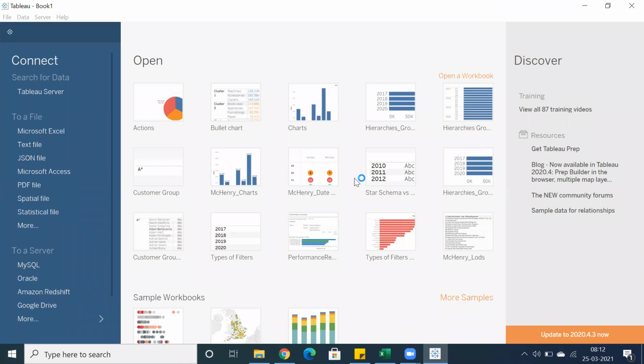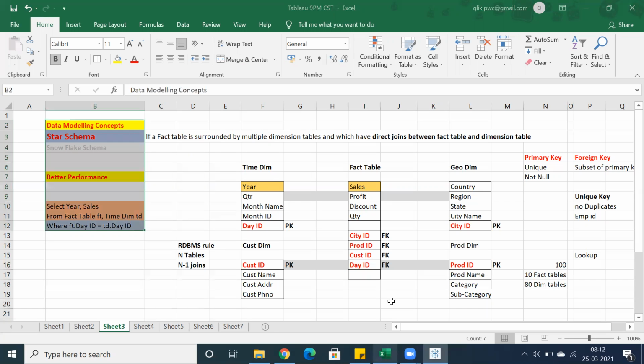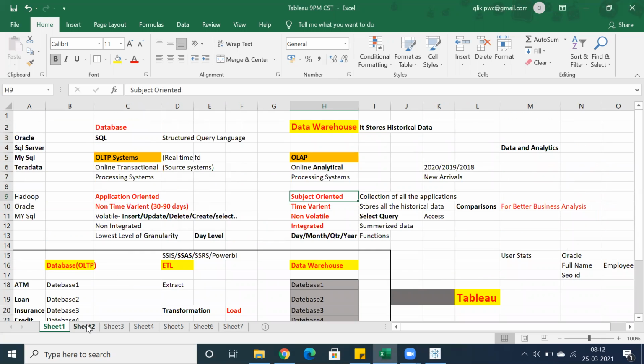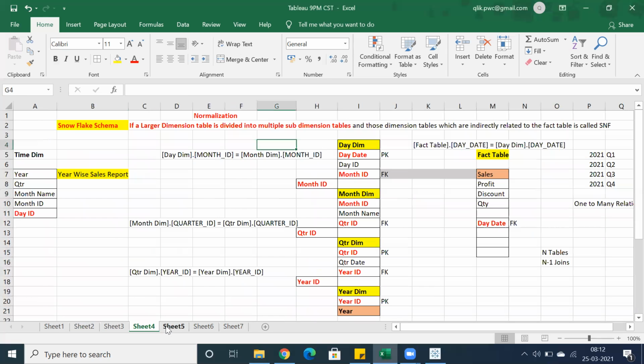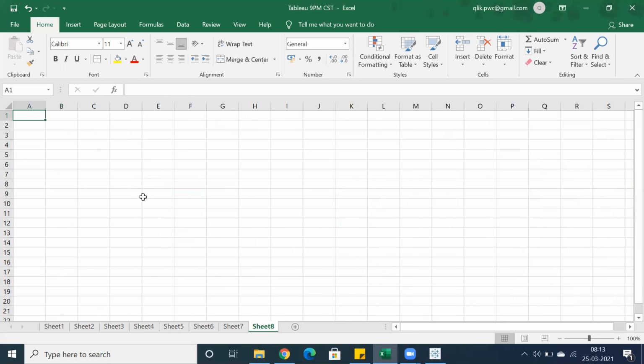Clear? I'll just quickly go through a few of the things in Tableau, but let me know if you have any questions in data warehouse. I hope you have gone through each and every point. This might help. And I will also go through a few more basic things. Whenever we have a particular concept, I will relate to that and explain in detail.